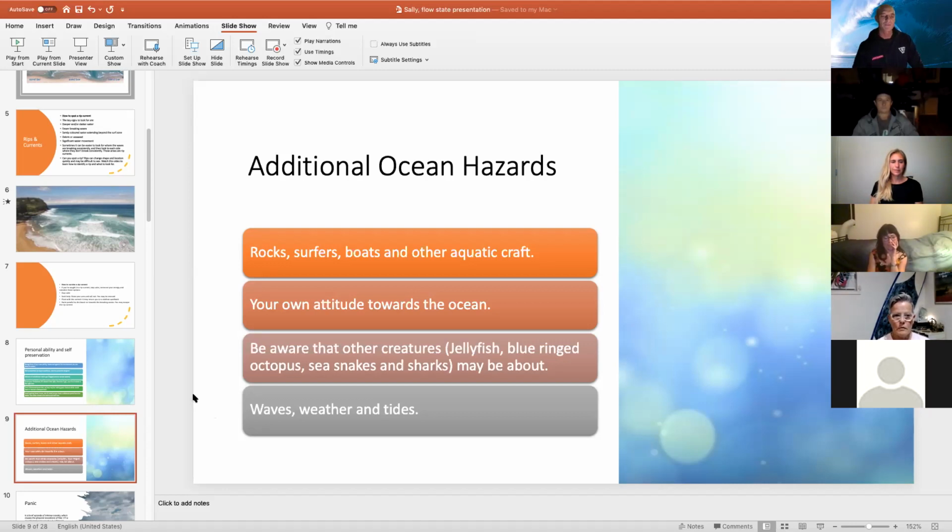So obviously rips, the ocean, rips and currents, big waves, dumping waves, all those sort of things are pretty problematic. But other creatures in the ocean, has anyone had any experience with jellyfish, blue bottles? Everyone's maybe been stung, yeah. It's not very comfortable, and the level of sting you get sometimes can be really